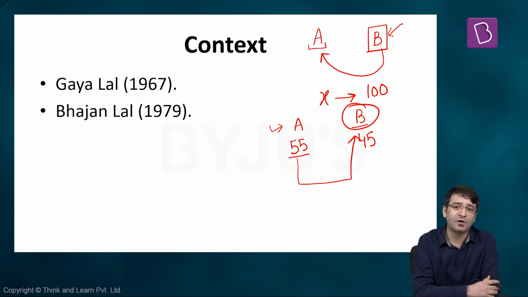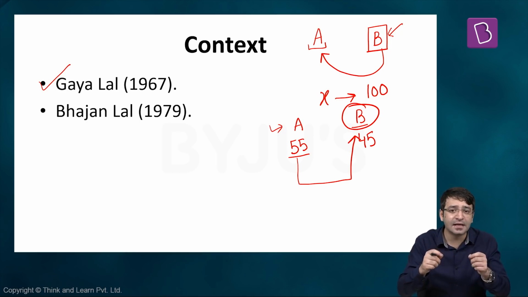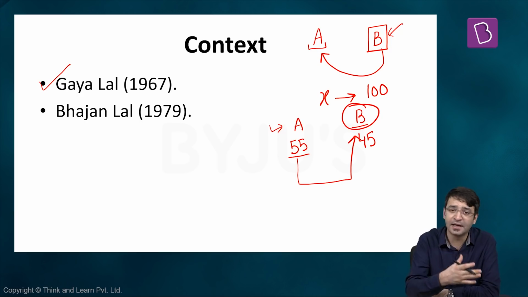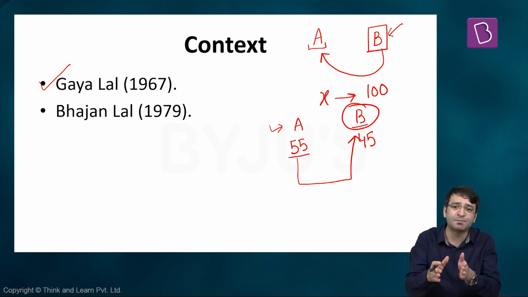But the curious case is of a Haryana politician, Gaya Lal. Elections were held in 1967 for the first time in Haryana because the state was carved out from Punjab. Gaya Lal won the election as an independent candidate. Within a few hours, once the results were declared, Gaya Lal joined the Congress party. In the evening, Gaya Lal joined the United Front. And within 9 hours, Gaya Lal joined the Congress party again. That means Gaya Lal jumped the ship, changed his party 3 times within 9 hours.